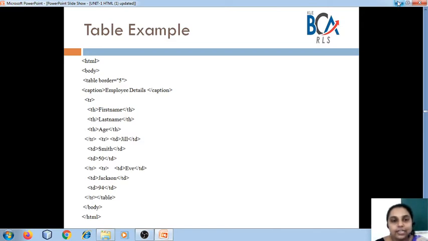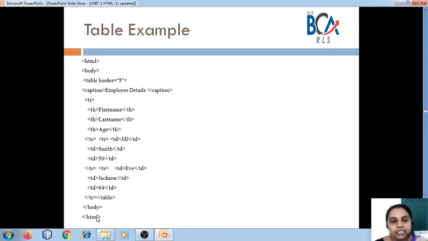So this is my entire second row in my table, and then I close the row tag because I'm going to define the next row now. That is why here it is written as tr. So this is going to be my next row. In the next row I want to give the data as Eve, Jackson, 94, and then I close the table row, followed by the closing of the table tag, body and HTML tag.